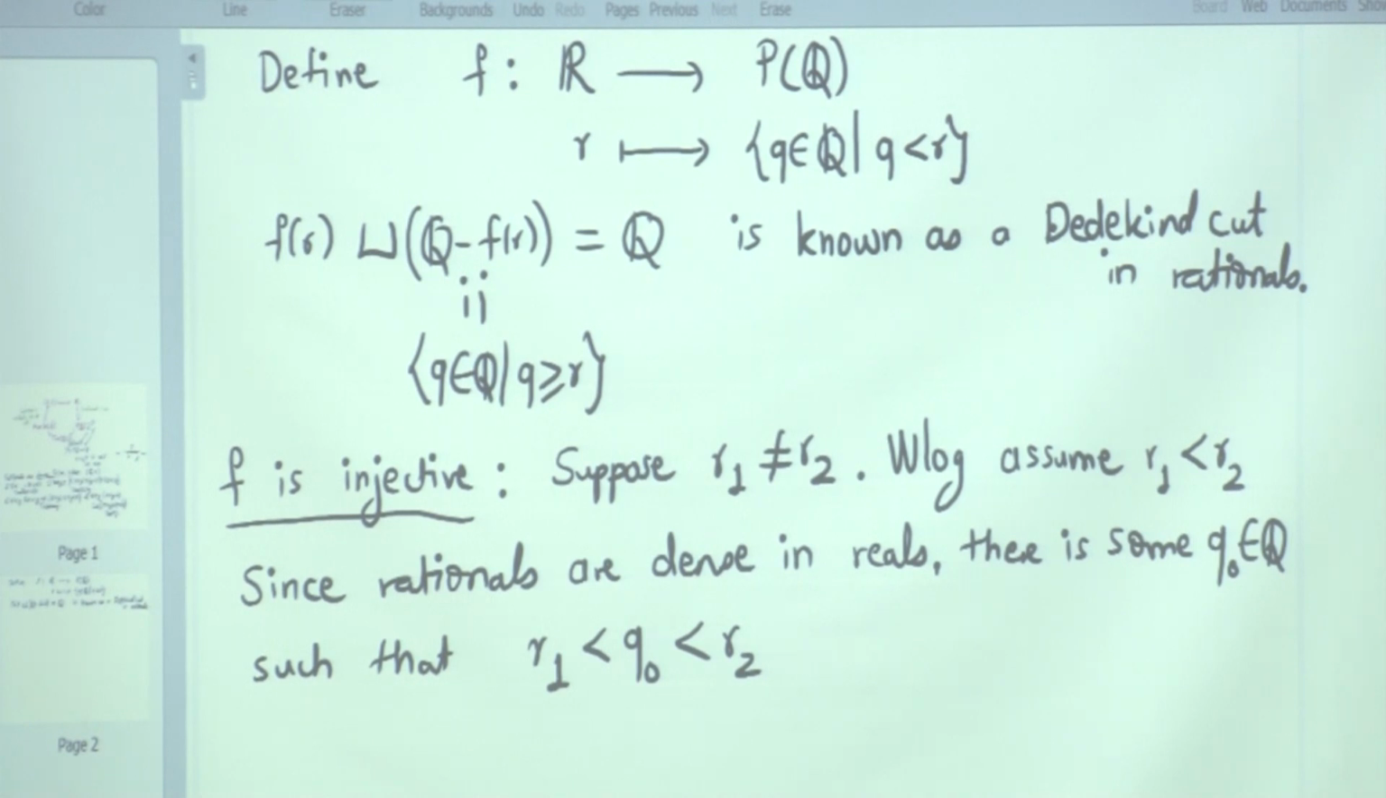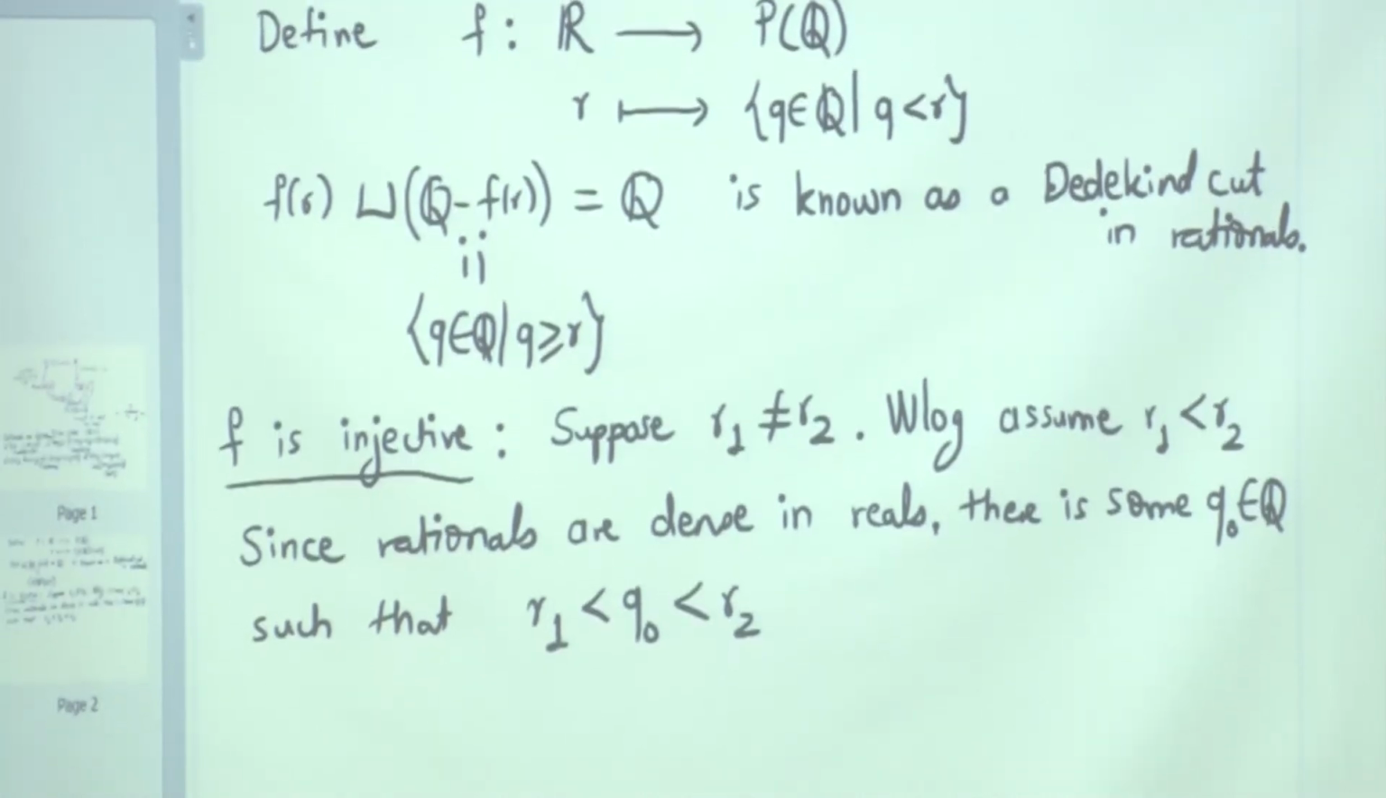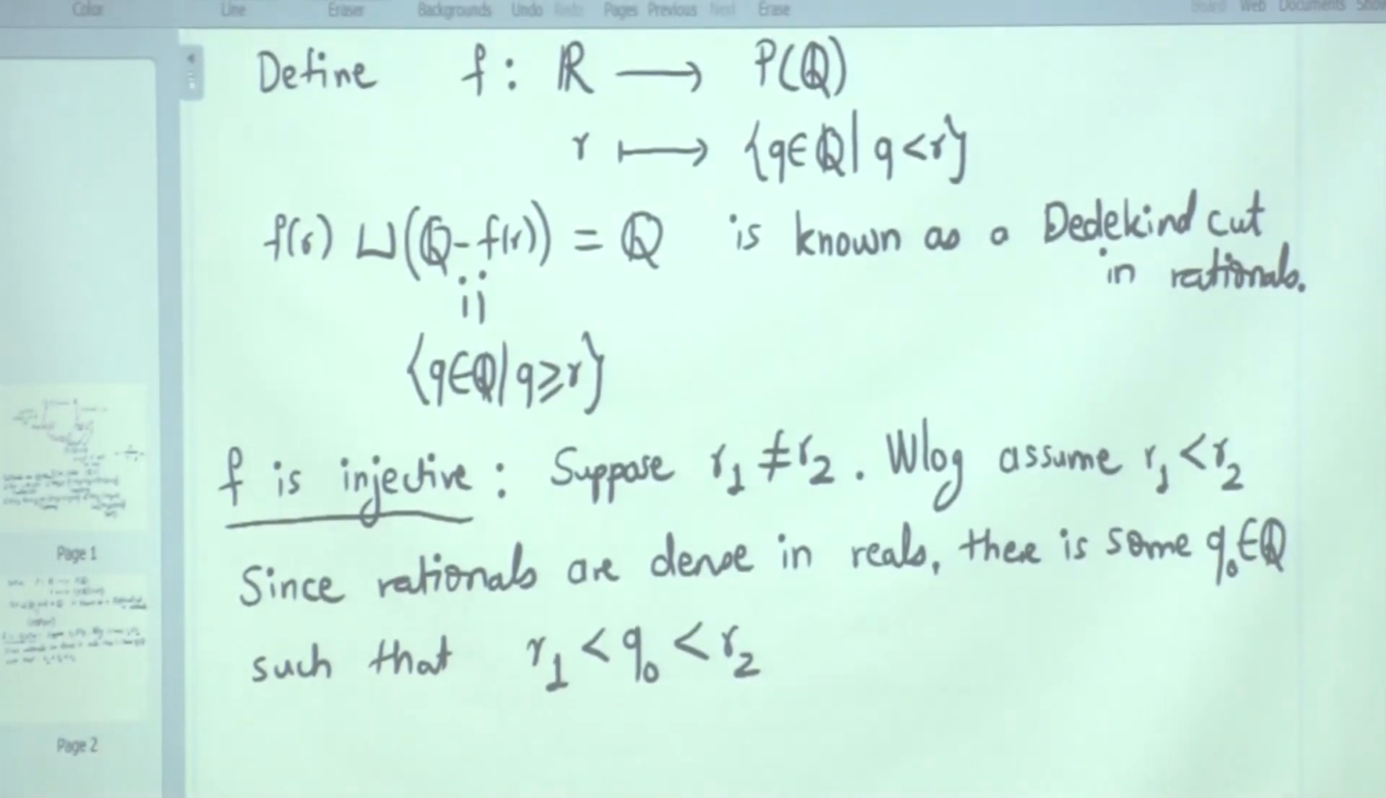Anybody who can tell me why rationals are dense in reals? Given two real numbers, does there exist a rational number between them? Yes. So, how do you find such a rational number? Do you remember something called the Archimedean property? Okay, so use that to get this. So now